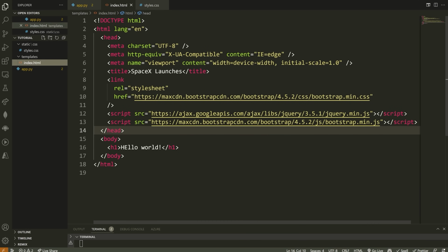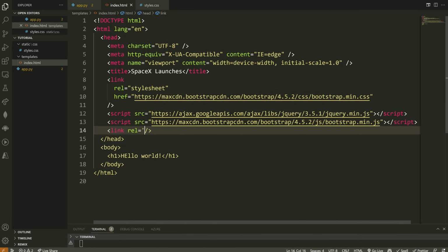Now we're going to go back to our index, and we're going to do something a little bit different than what you might assume that's going to allow us to link this style sheet, which is a static asset, inside of this document. To do that, we're going to go inside of our head tag. We can put this anywhere we want, really, but I'm going to say link, and then we're just going to close the tag like that.